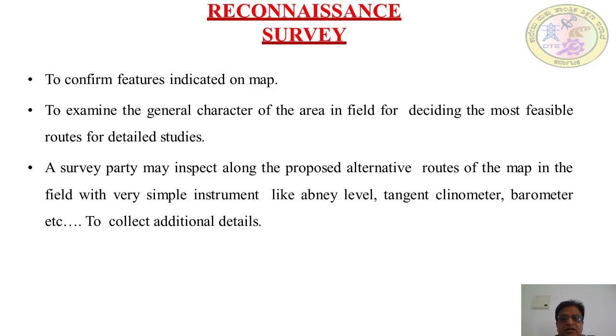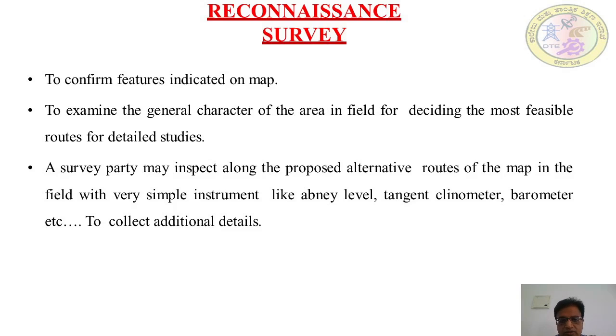So, to examine the general character of the area in the field for deciding the most feasible routes for detailed studies. There are a number of alternatives available. You cannot take all the alternatives for further studies. Assume that there are about 5 to 6 alternatives or alignments. You cannot take all of them for future studies. In that, you need to select either one or two or maximum three for the further studies. So you need to filter that. For that purpose, you need to do what is known as a reconnaissance survey. Once you visit the field, there itself you will come to know which one would be the most beneficial